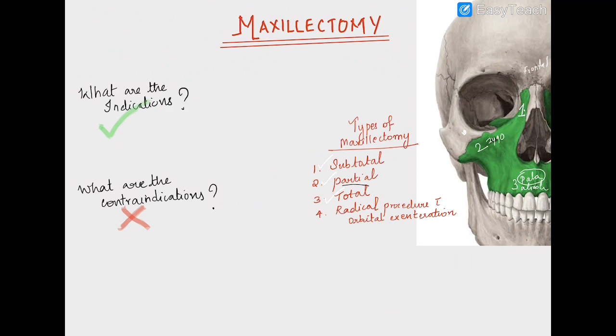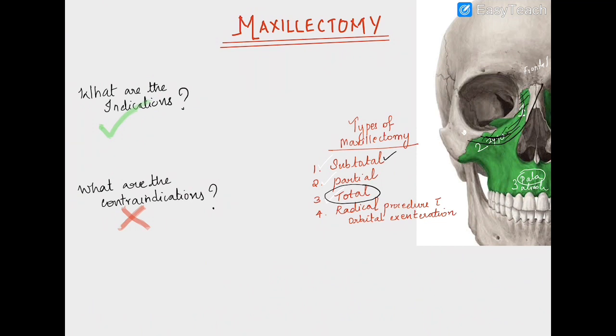Total, as the name indicates, the entire maxillary bone along with the four processes will be removed in case of total maxillectomy. So it is the resection of the complete maxillary bone. If you see the subtotal maxillectomy, here the entire maxilla will be removed except the orbital processes or the infraorbital rim, which means the maxilla which is going to form the medial border of the orbit as well as the infraorbital rim will be spared here. So this entire process will be spared. So this won't be removed.